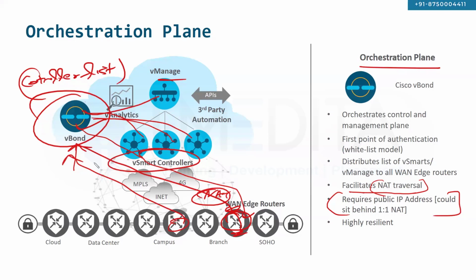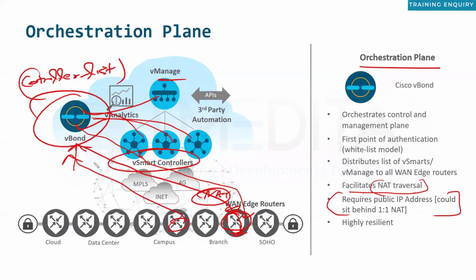We'll check a couple of parameters. I'm not talking about those parameters now because I'm not moving into the authentication as of now. But it will check a couple of parameters. Same, the managed router will check a couple of parameters of the vBond as well. If they authenticate each other, let's say authentication was successful between the orchestrator and the managed router, then